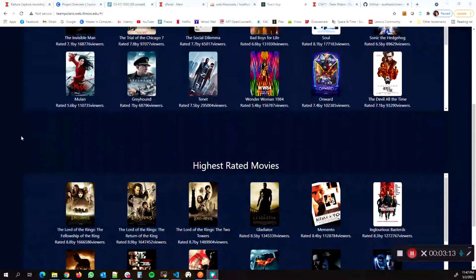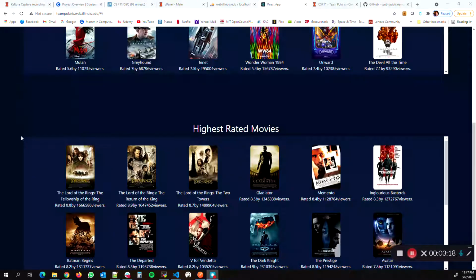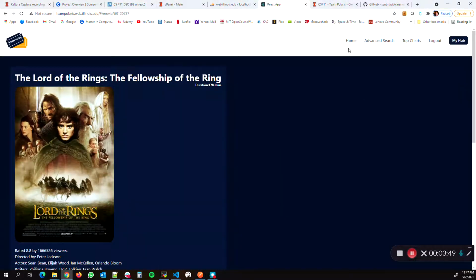Now if you scroll down, we can see the highest rated movies over the years. These are the movies which have been highly rated in the IMDb dataset, and we can see their number of reviews and rating. Here also we normalize the data, mainly the number of people who have rated, and in a similar fashion we show the highly rated movies. All these movie images have hyperlinks, so we can click on them and go to the movie details.